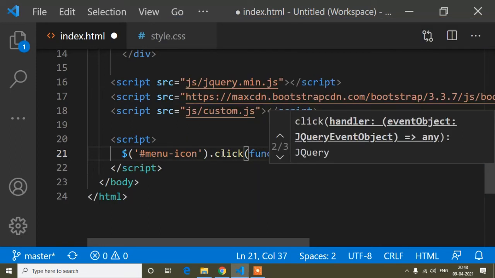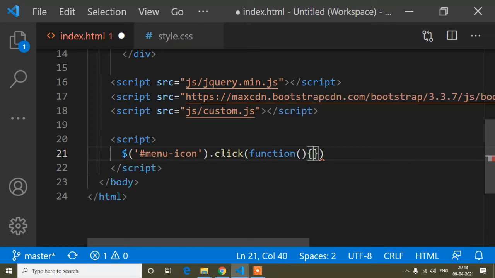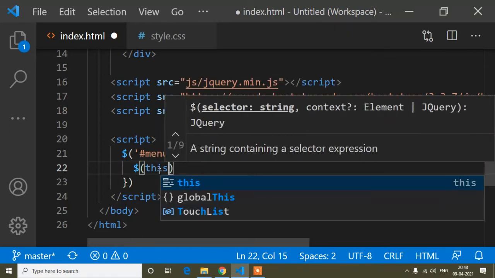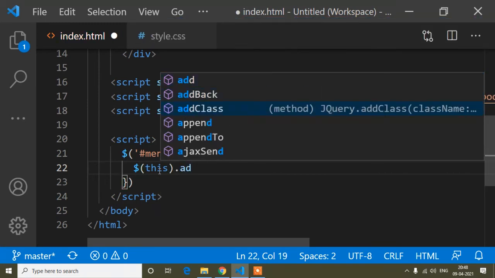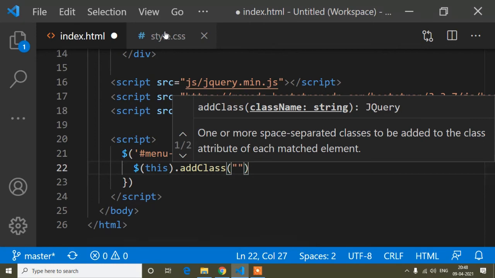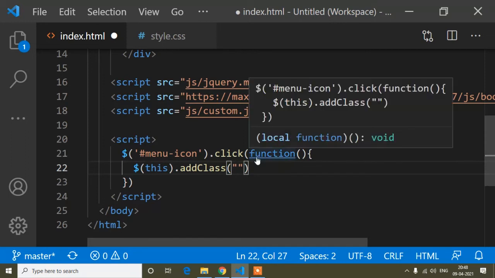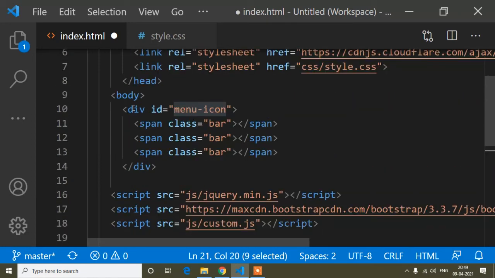function, and now curly braces, and here I will write dollar parenthesis this, dot addClass. Which class do I want to add? I told you I have added this animate class, and that class I will add when I click this one. So when I click this menu icon,